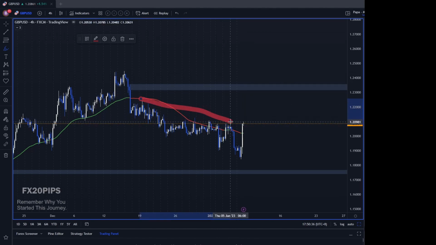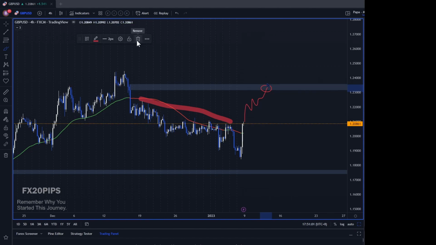For price to go up, remove this liquidity, and then for liquidity you need to find the next block, and I already have a 4 hour drawn here. So the expectation is price to go up and hit the 4 hour block. Okay, now what happens here, I don't know,